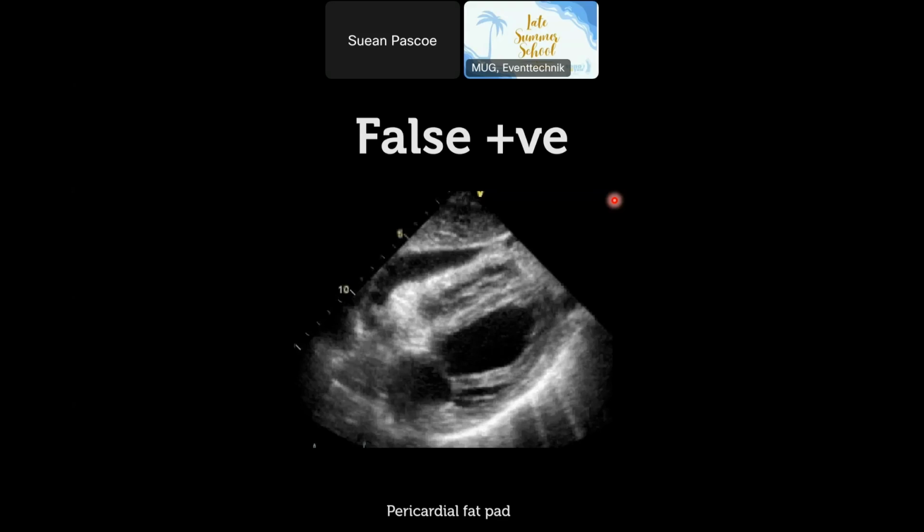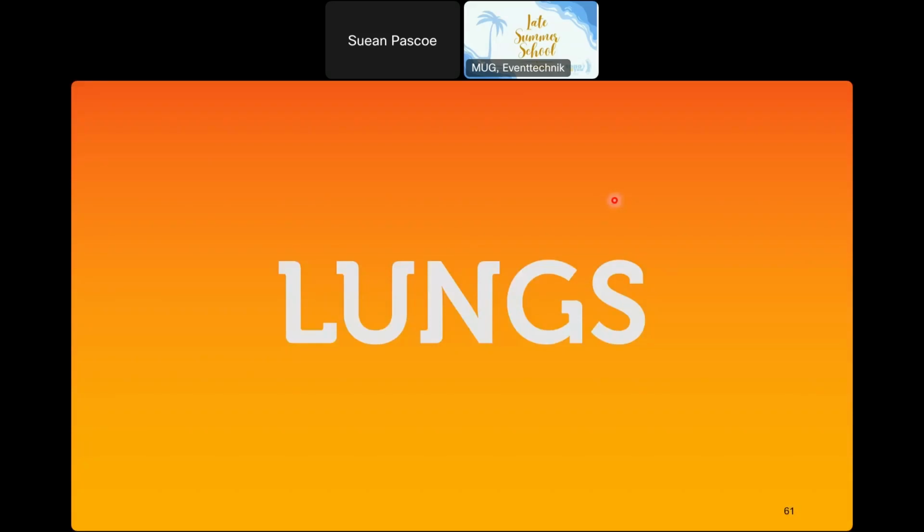And it's not, it's pericardial fat pad. So if you wind the gain up a little bit, you'll be able to see that there's a bit of stranding, whereas free fluid, there shouldn't be any stranding in there. Now, the last part and the E part of the eFAST exam is to look at the lungs to see